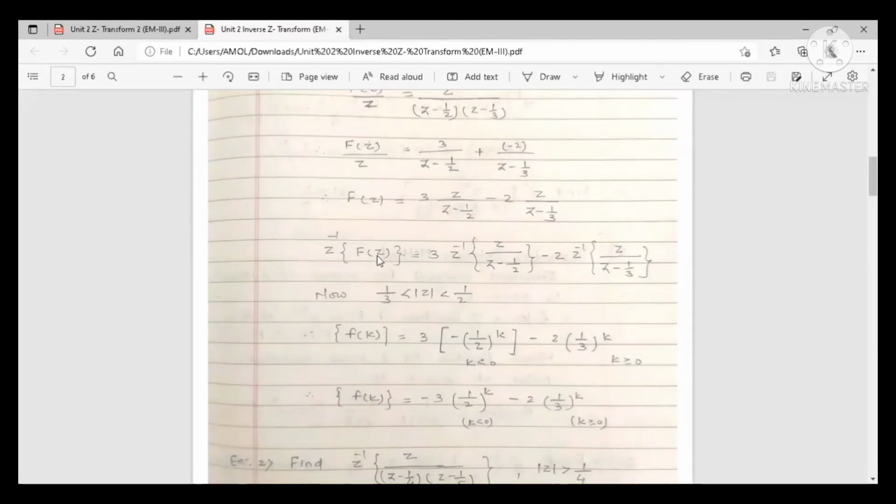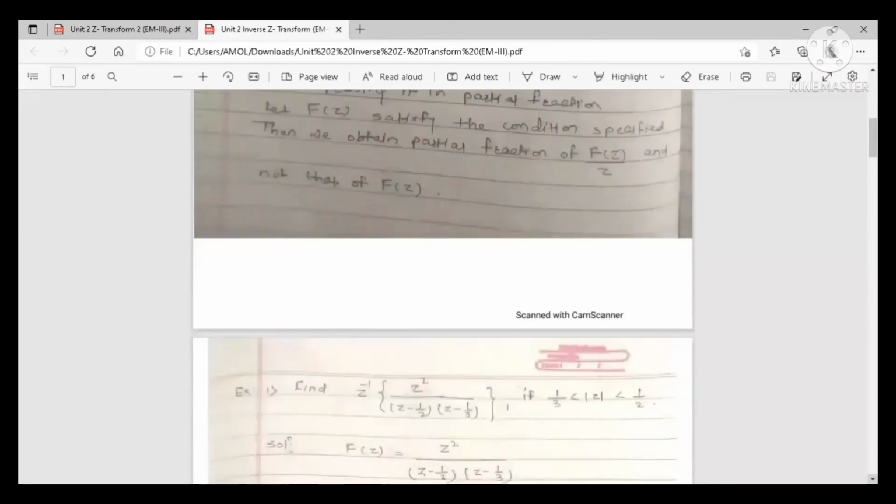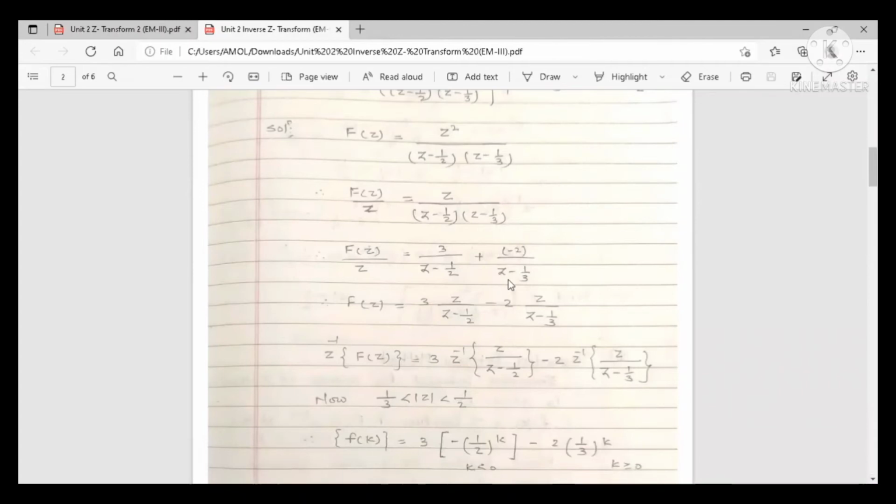So the inverse z transform of f of z is equal to 3 times the inverse z transform of z upon z minus half, minus 2 times the inverse z transform of z upon z minus 1 by 3. Now the condition for z is 1 by 3 less than mod z less than 1 by 2. So depending on this condition,